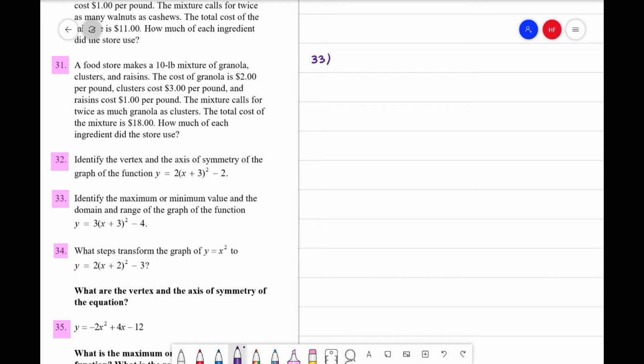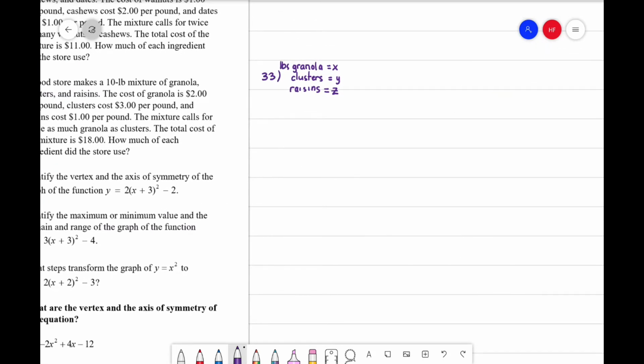So we have 3 different variables. So I'm going to say pounds of granola is X, and then pounds of clusters will be Y, and pounds of raisins will be Z. So we've got 3 variables, so we're probably going to have 3